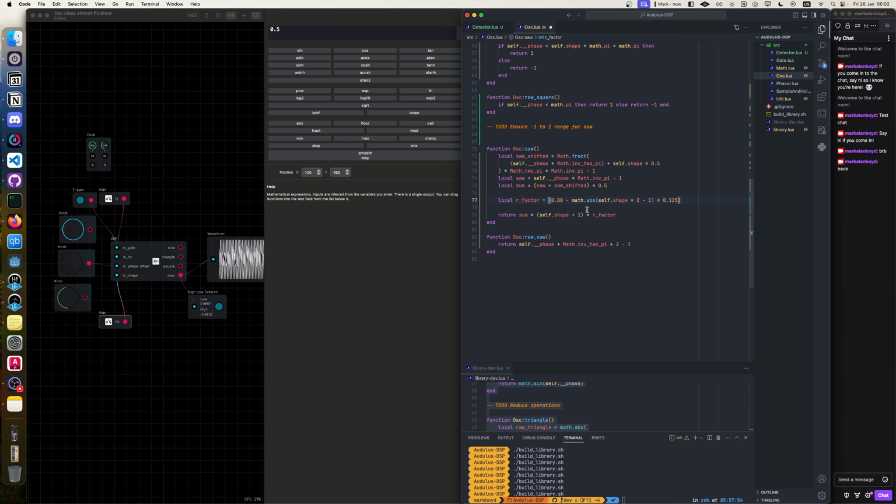Struggling with this a little bit. Because this is 0.125 at the edges, and 0 in the middle. Now that we've done that,